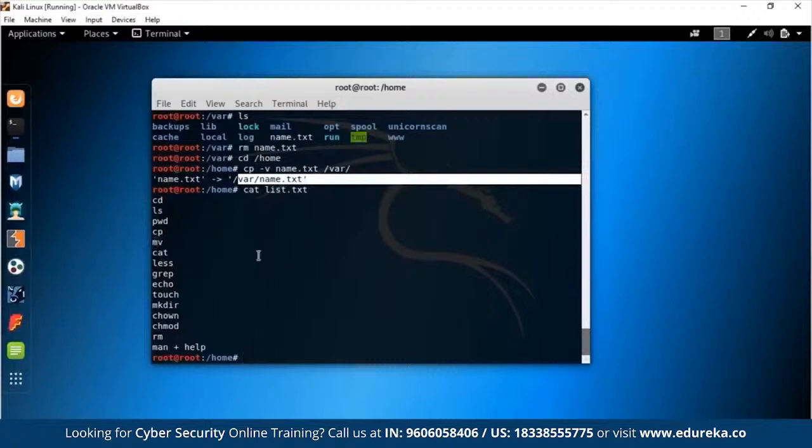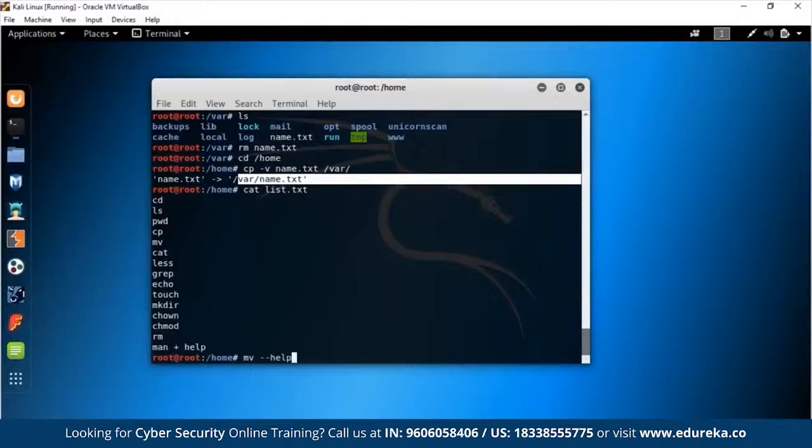Now, as you can see, cp is basically a copy. Copy, as you would expect, leaves a copy of the file in the original directory while also maintaining a copy in the directory that you specified. But if you wanted to move the file completely, all you would have to do is use the command mv. So mv is for moving the file. Now let's see what all goes with mv.